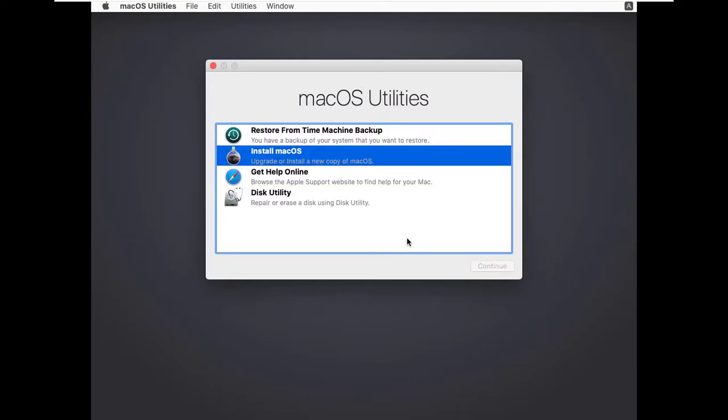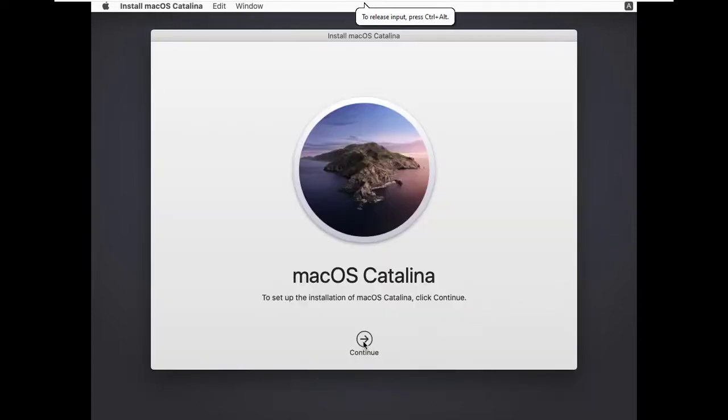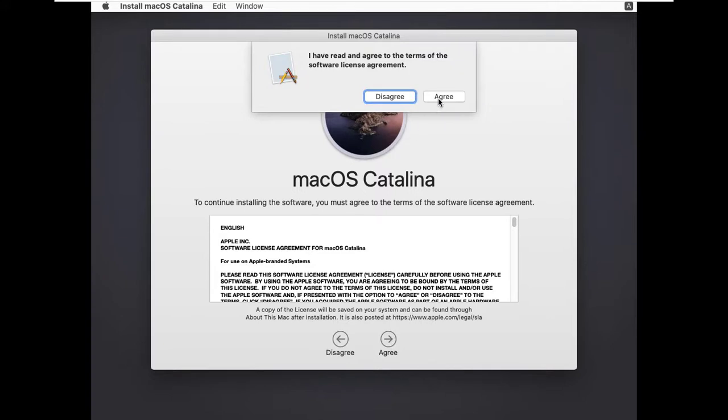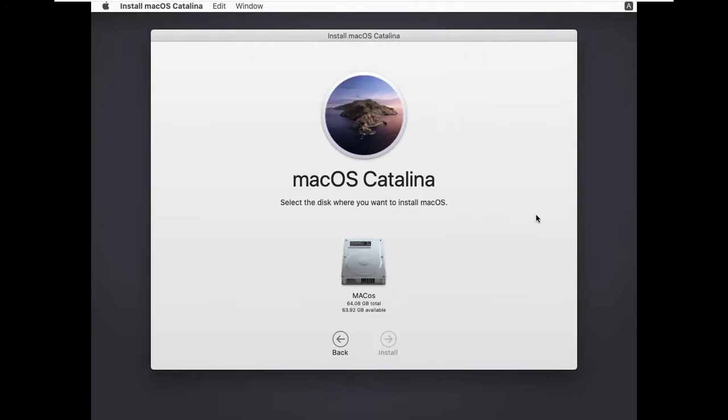Click continue. Click on continue again. Accept the license agreement. Agree. Then select the disk and click on install.